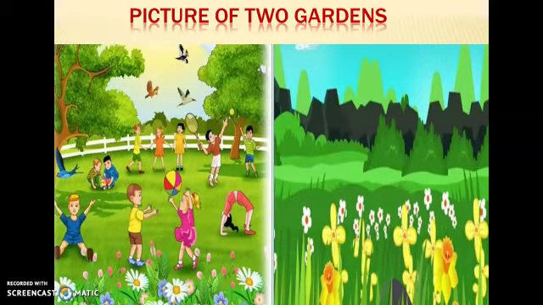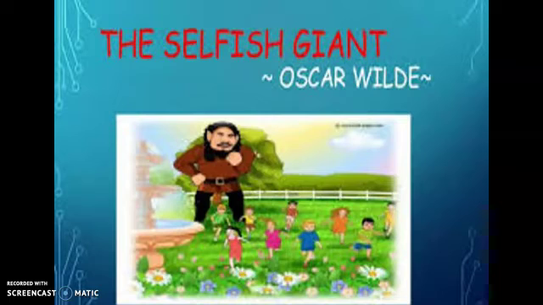Today in your English online class, you are going to read a lesson from your supplementary reader, It So Happened. Now students, here on this slide, you see a picture of two gardens. On one side, what do you see? In the garden, children are playing and they look very happy. On the other side, you see a garden, but in this garden, there are no children, so there is no happiness. So today we are going to read a lesson, The Selfish Giant, from your supplementary reader, It So Happened